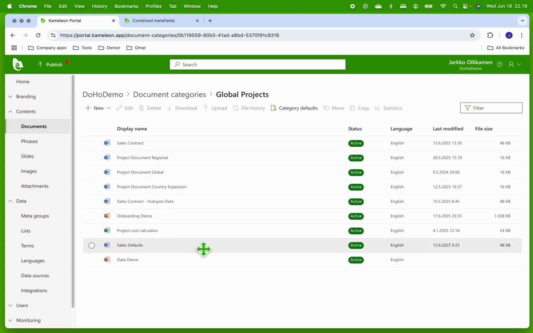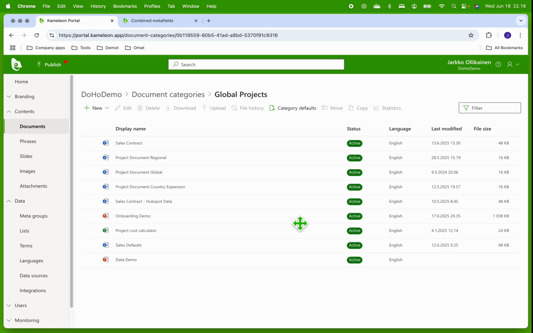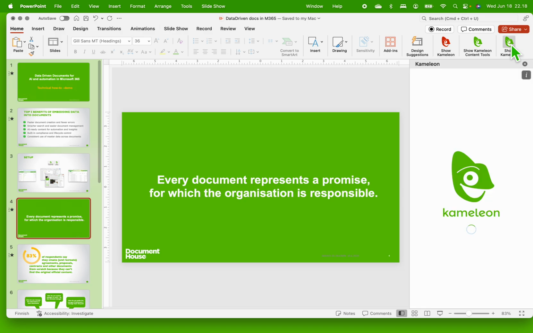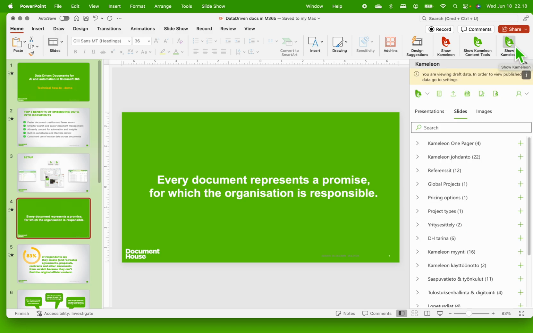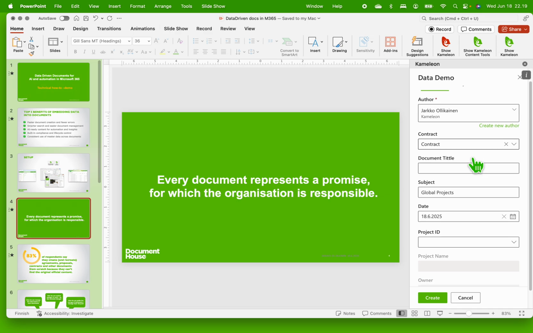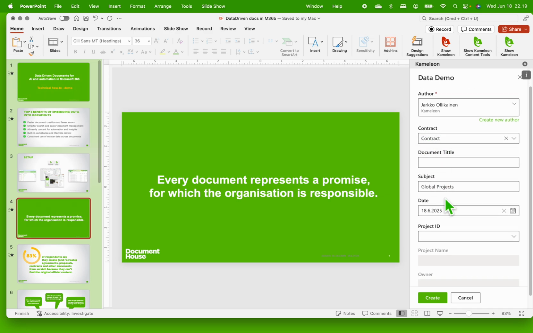And let's go to see how it looks like in our PowerPoint. So now that we're on a preview mode, we have this yellow bar in here. All I need to do is I click this chameleon icon in here, that gives me the end user view. It reads it, and we go to the data demo file, and we see in here that these 4 are the general info that I just added on top of it,